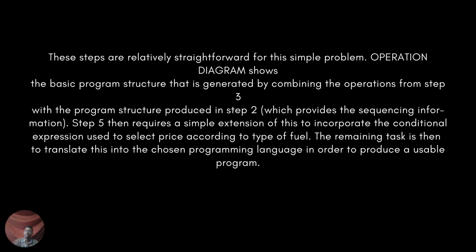So if in the exam they give you a scenario and ask you to do these 5 or 6 steps, first you have to draw the input and output diagrams, and next, by seeing the input and output diagrams, you have to draw the program structure diagram. Next you have to identify the operations and draw the operation diagram. And then, by seeing the three steps, in the fourth step you have to convert the program into text and add the conditions.